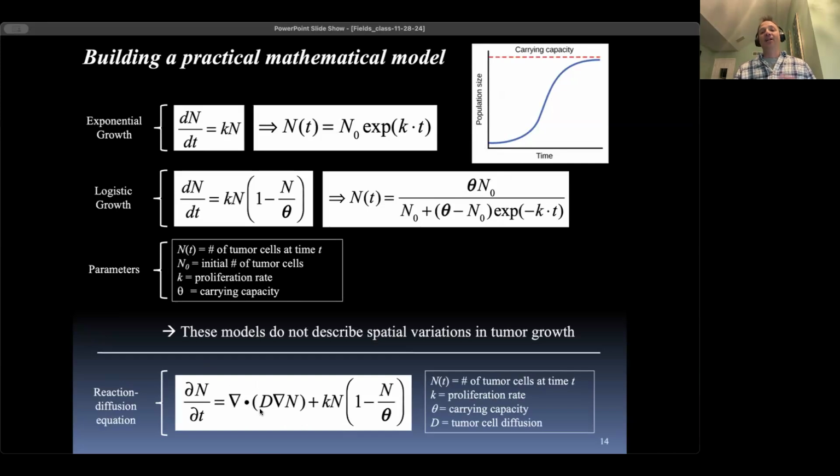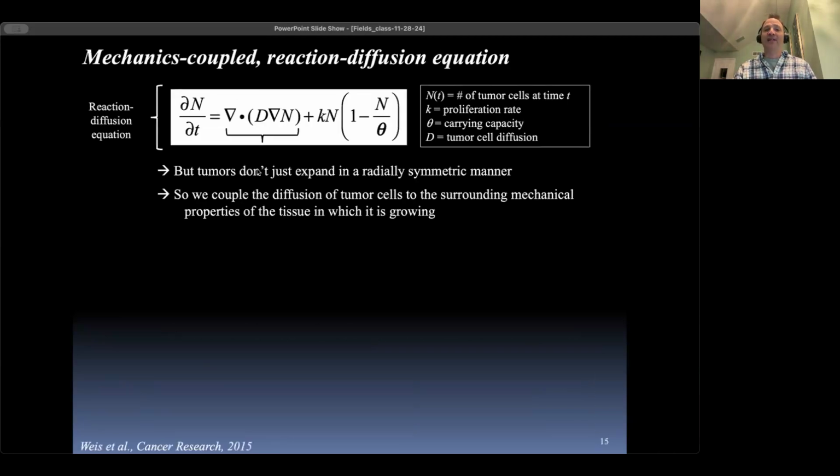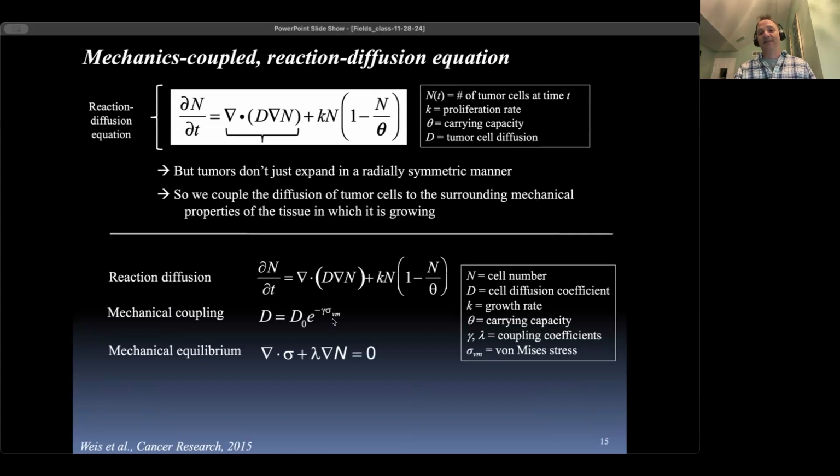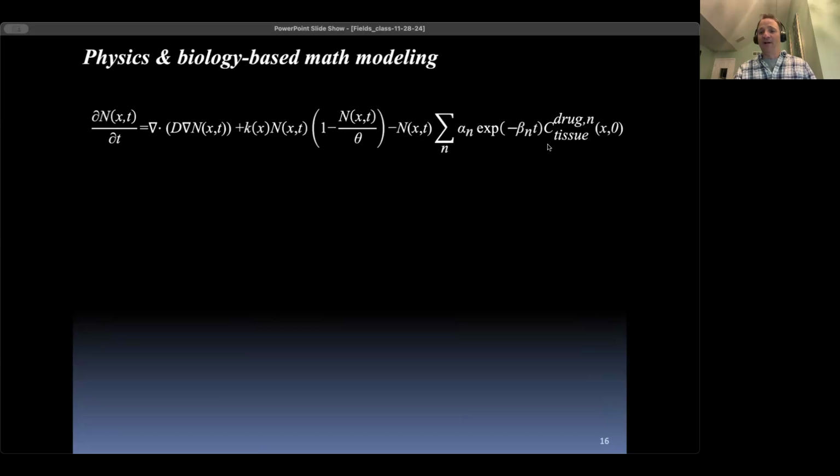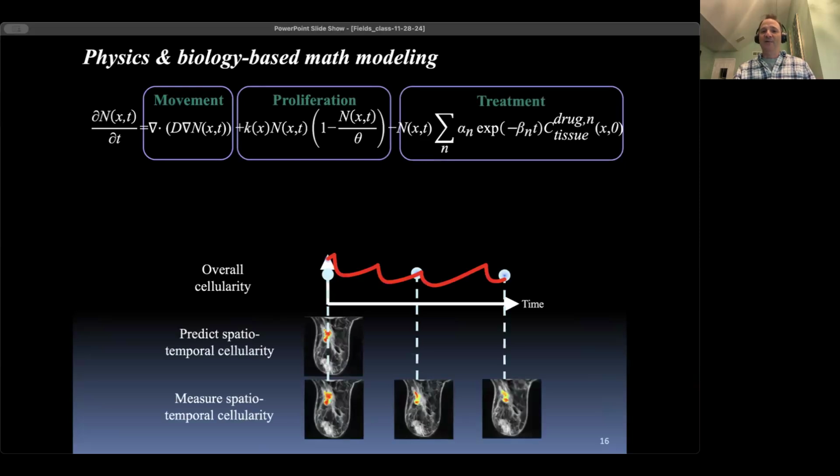And I made the comment that, early on when we use this model to calibrate data and then predict forward, the tumors were growing much larger than what we saw in vivo. And so then we took that tumor diffusion coefficient there and damped it to the von Mises stress that we get from solving this differential equation that involves the divergence of the Cauchy stress tensor. So that was all review. We tied it to this treatment term right over here. So we had movement, proliferation, treatment,